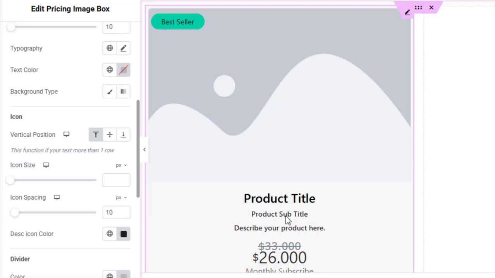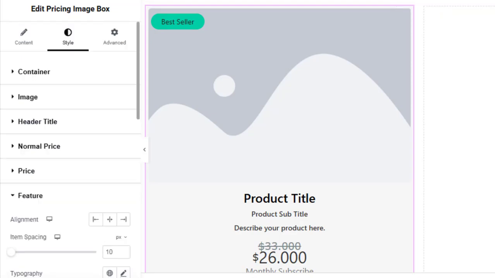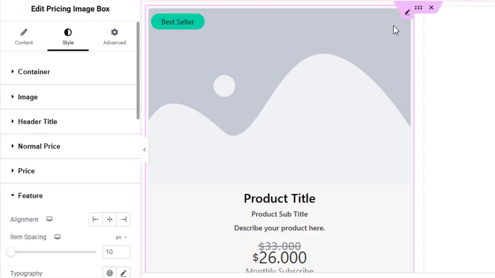So yeah, if you want to have a pricing image box, you need to upgrade RTMKit to RTMKit Pro on the website, and you can install it